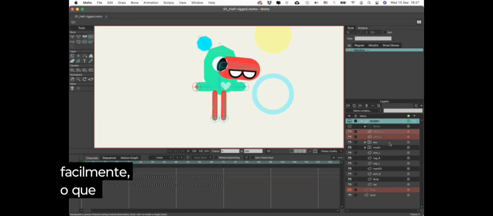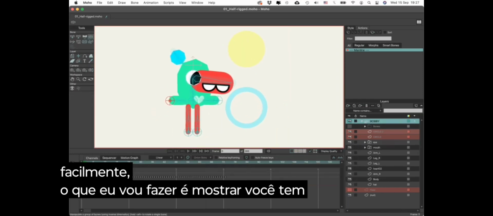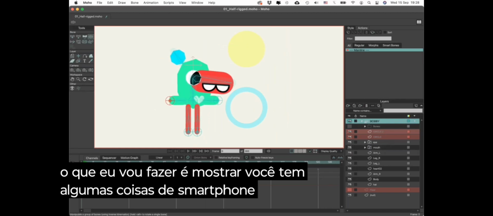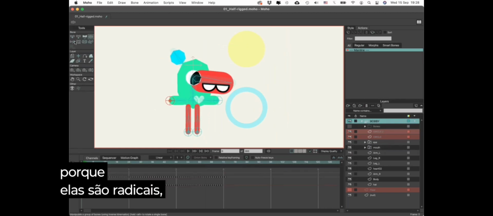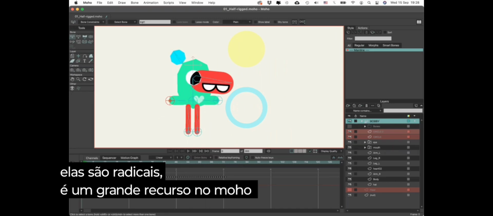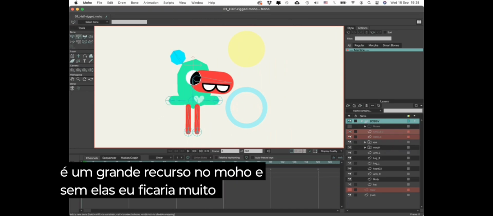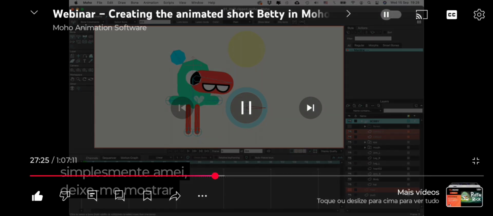What I'm going to do is show you some smart bones stuff, because they're rad. It's a big feature in Moho, and without it, I'd just be really upset. So just love it. Let me show you